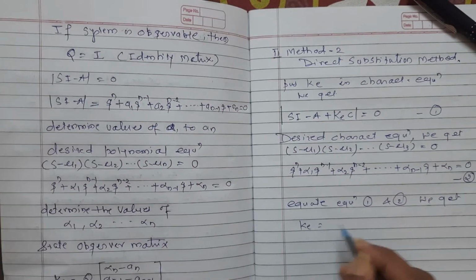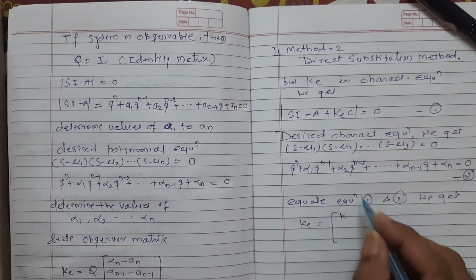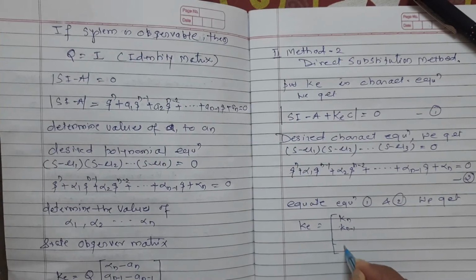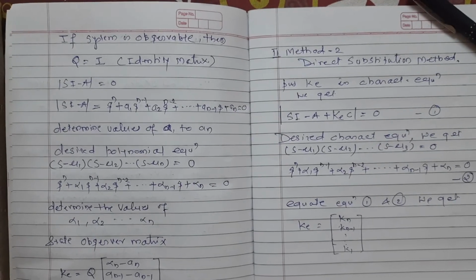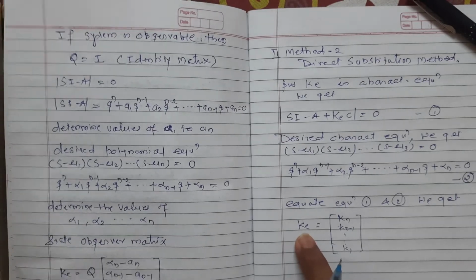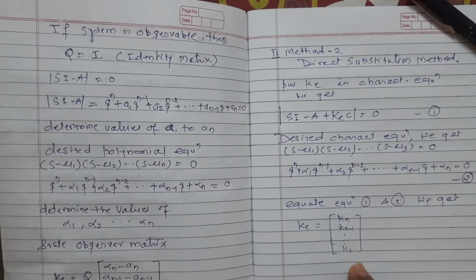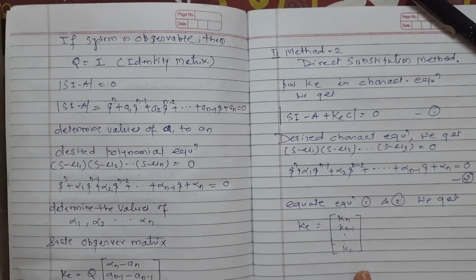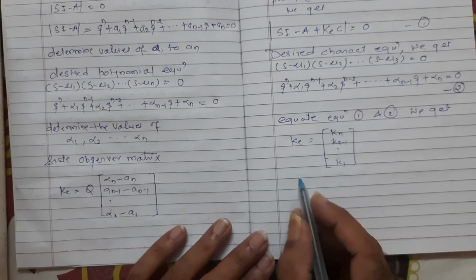Ke equals, this is kn minus 1 up to k1, this value we will get. We will have the Ke matrix, that is the full state observer matrix, that is kn minus 1 up to k1, so this way we can find out. Now the third method is there, that is method 3,